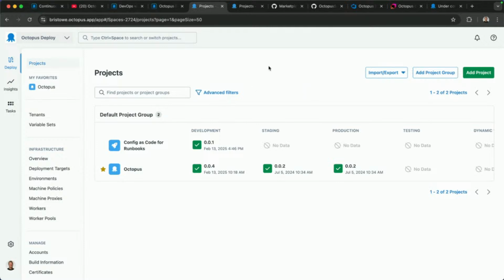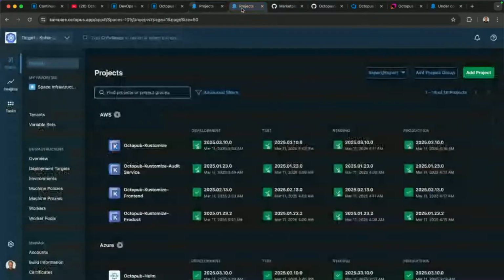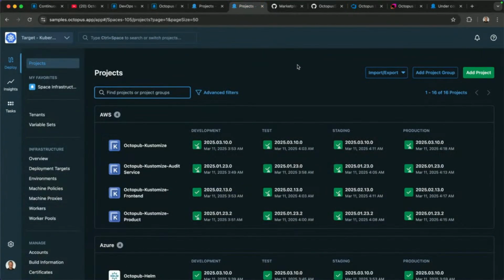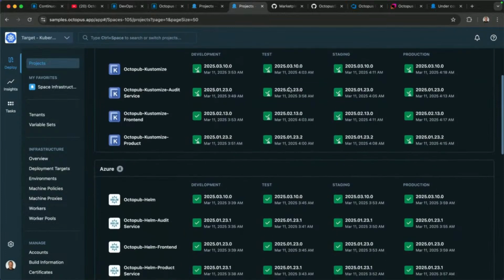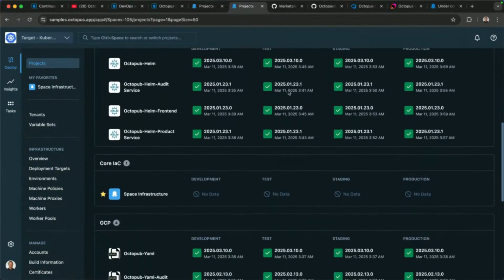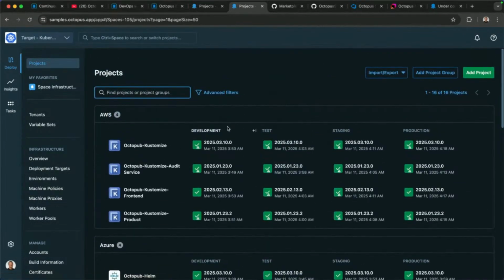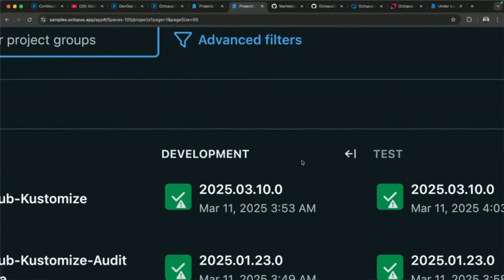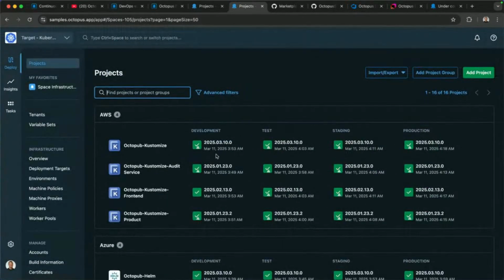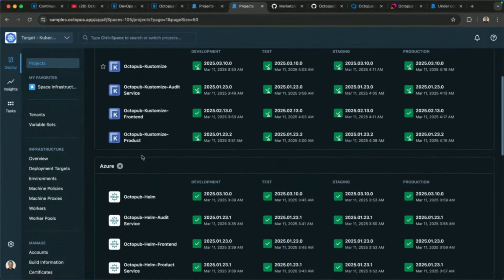So all your environments, your projects, everything you need to know about what state they're in, all of this can be found here. We also support dark mode, just to give a slight contrast there. So you can see, you get a sense of my projects and what state they're in. Across the top here, you can see I have my environments. I have environments that I can give a name to, like development, test, etc. And then along the left-hand side here, I have different projects.